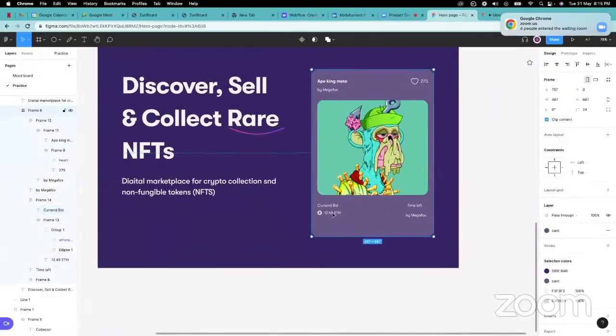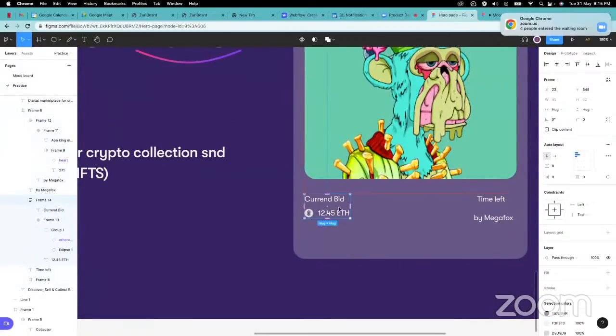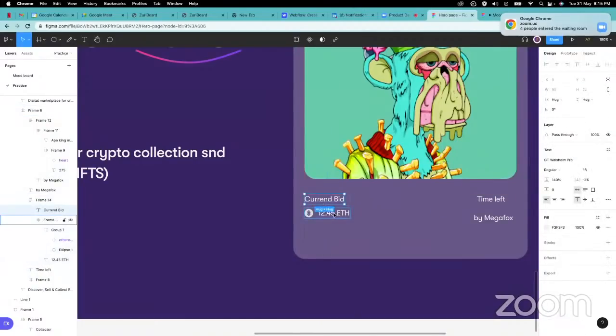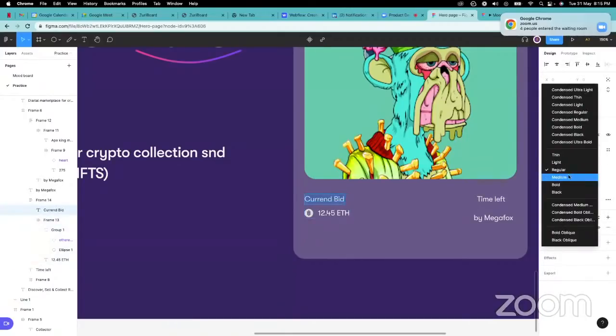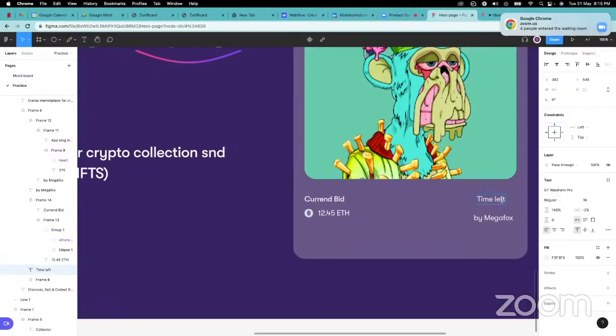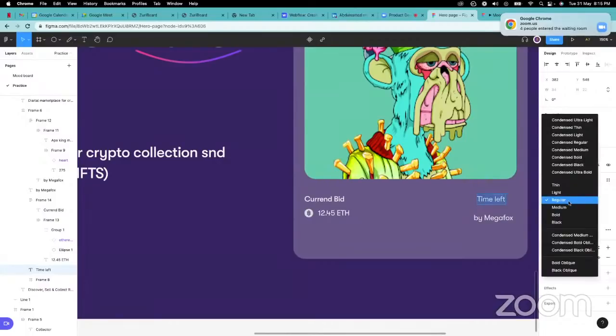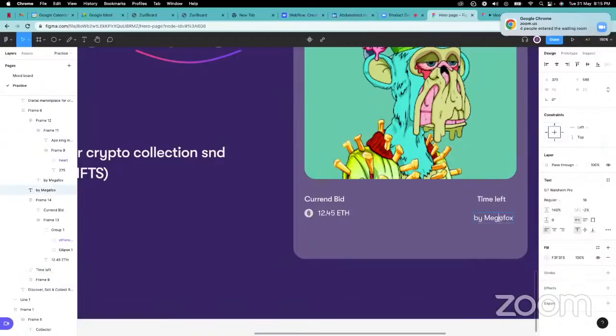Okay, so I have this here. So now this has to be 23, I think. Current bid needs to be a little bit bold, so it's being medium. Time left needs to be bold, so it's in medium. Right, and then these,